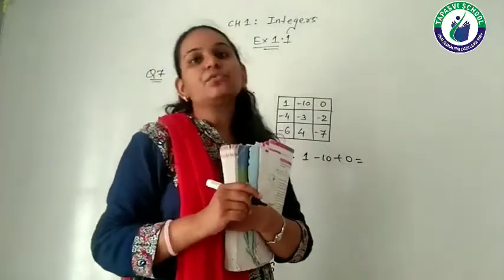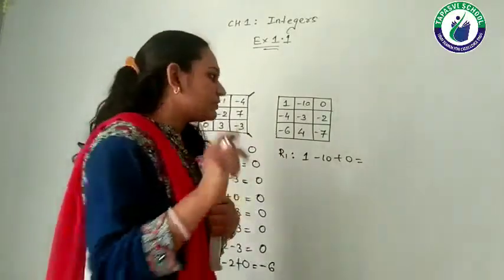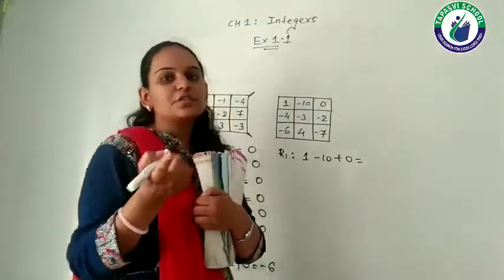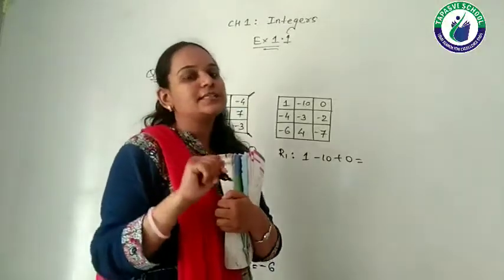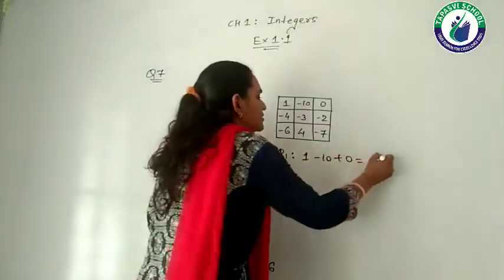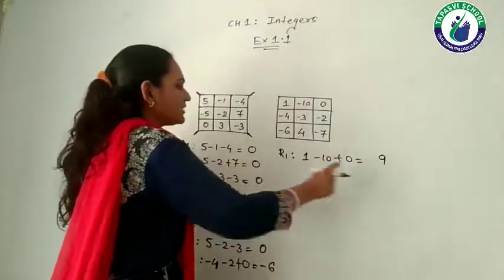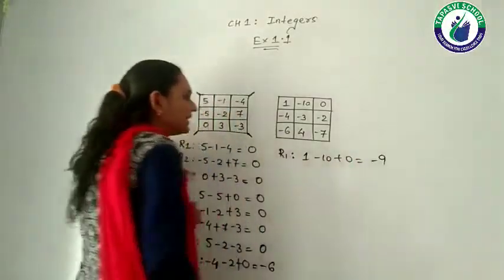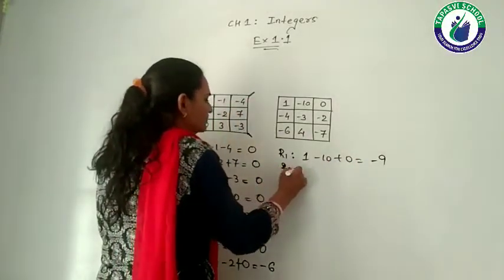So what we are going to do? We are going to do the subtraction, because one number is negative, another is a positive. So the rule of addition of integers says that we need to subtract them. So I am subtracting them and I am going to give the sign of negative to this 9. Right?